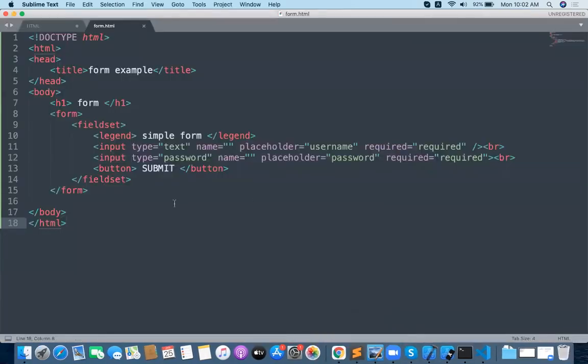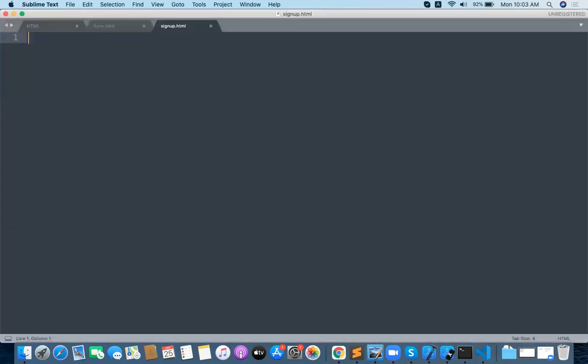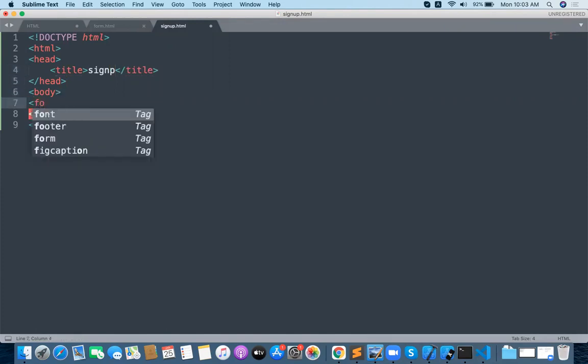So this is a very important and simple thing: how to prepare a normal simple form. Let's do a simple example with a sign up requirement. This is a sign up form. Sign up has so many fields, right? Let me try to provide a lot of fields and components for the sign up form. Form should be there.